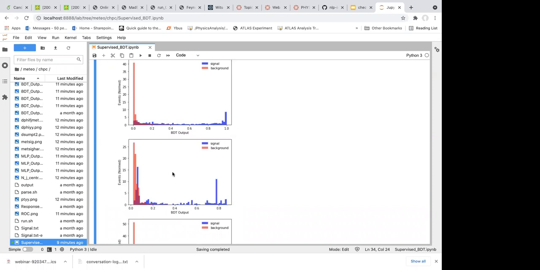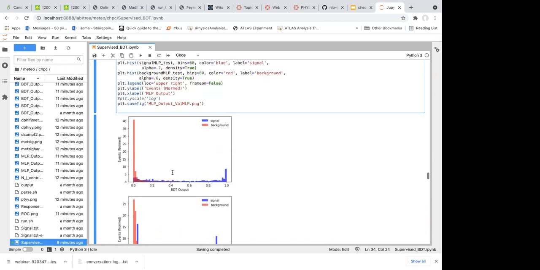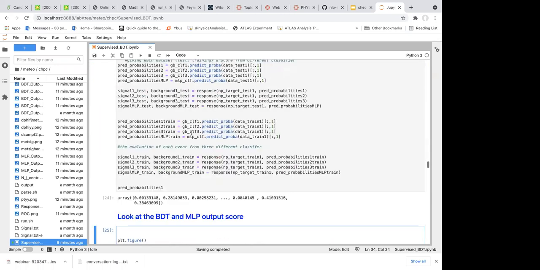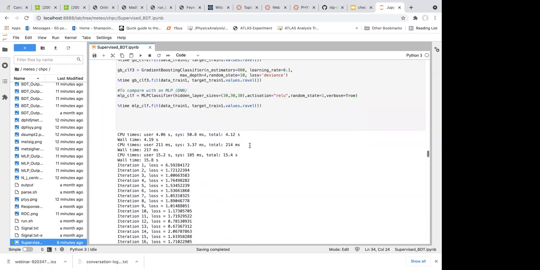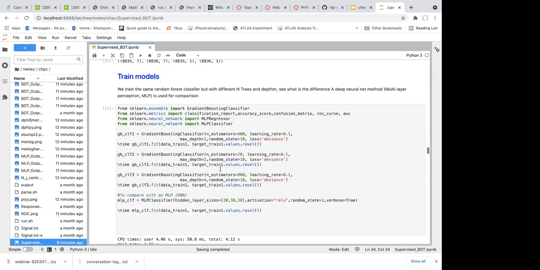The reason is very simple. It's just because the third method uses the most complicated hyperparameter. It uses 800 trees and 4 layers of cut depth. You can see from here, the third method uses 800 and 4. The first method is intermediate, it's 40 and 2. And the second method is the simplest structure of the random forest, so it uses 20 trees and 2 layers.